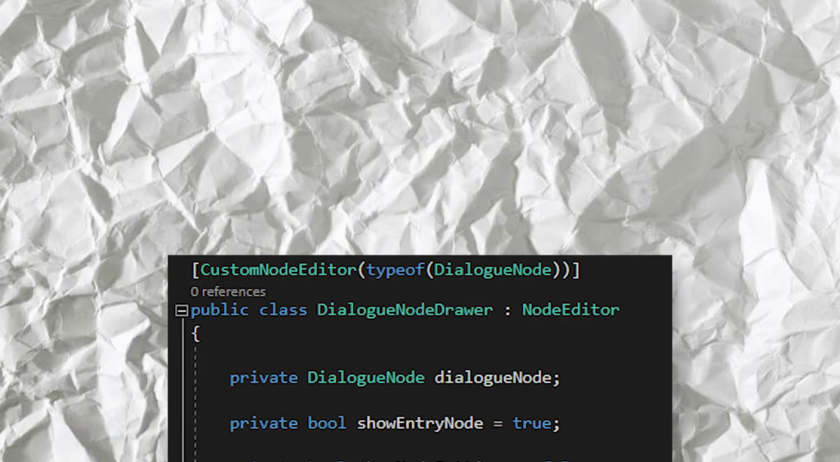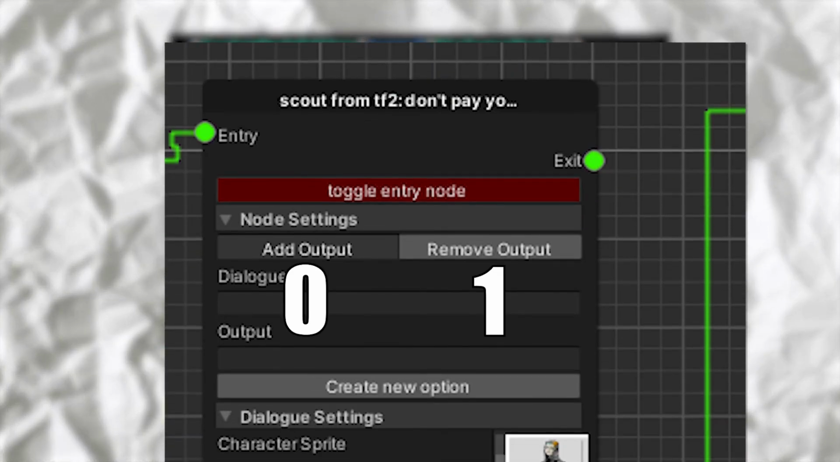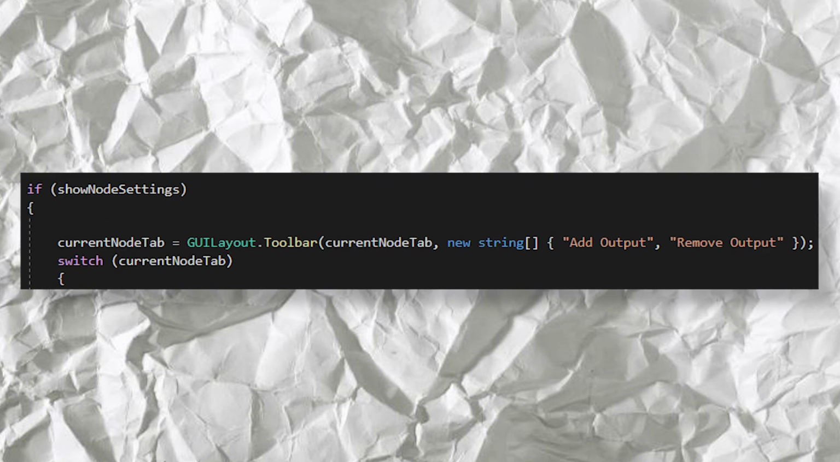So to do this, you set up a private int variable at the top of the script, and in this instance we'll call it, I don't know, current node tab or something to indicate that the number is meant to be a reference to whatever menu we currently have open. Next, under our if statement for the node settings fold-out group being open, we assign the value of current node